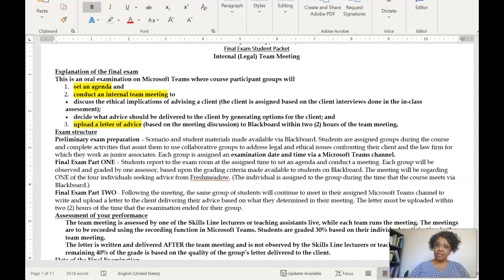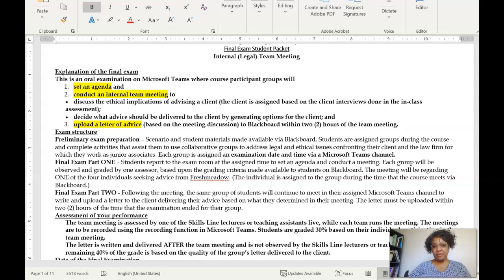I want to make it very clear to all of you that the client letter itself is something that you can make a draft of in advance, but you will have to make changes to it because it must reflect what happens in the meeting as well as what the assigning partner asks you to do at the end of the meeting. Keep in mind that at the end of your meeting, the assigning partner comes to the meeting and talks with the speaker, and the speaker summarizes what the outcome of the meeting was, but also answers any questions. At that point, the assigning partner may ask you to do something additional, which has to be included in your client letter. Please keep that in mind.